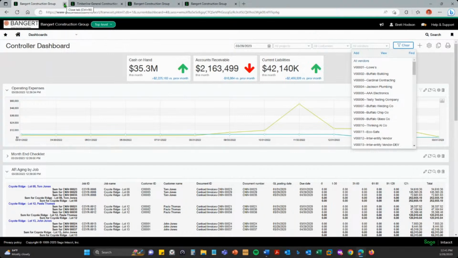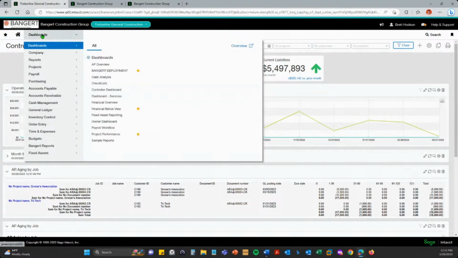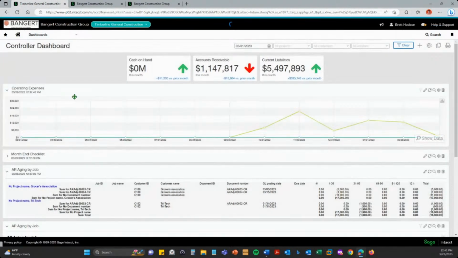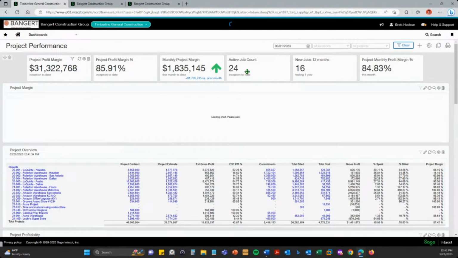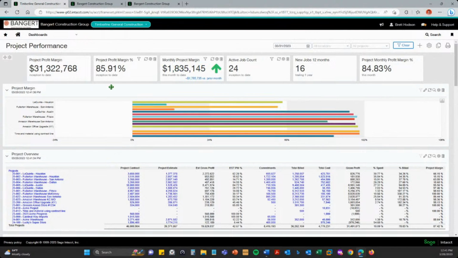I'm going to change gears here a second, and let's look at this information from a project perspective. So right here, I have a project performance dashboard. As it pulls up, you'll notice that I'm looking at information as of the end of March. I can move that backwards and forwards in time.